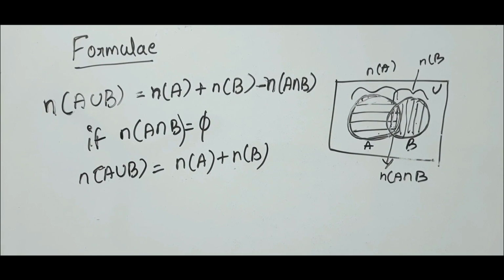So whenever you want to calculate the number of elements in A union B, just calculate the number of elements of A and the number of elements of B, then subtract the number of elements of A intersection B. If they give it in the format of sets, and they clearly mention the number of elements of A and number of elements of B, and if they don't give the number of elements of A intersection B, just take it as the empty set, and solve the problem. Okay.